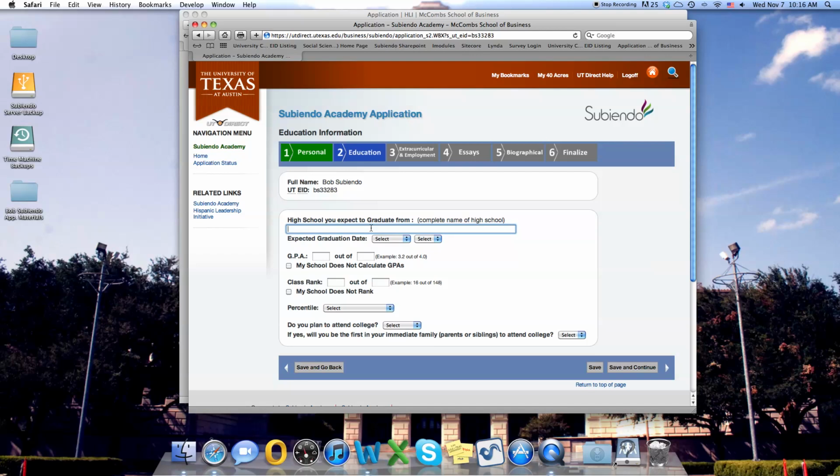Section 2 is education. What high school did you graduate from? And your expected graduation date. A GPA out of however your school weighs them. Class rank, if your school does rank or not, you can check the box here and it will fill out the next part. Your school does not rank, therefore you wouldn't have a percentile. And if you do plan to attend college,